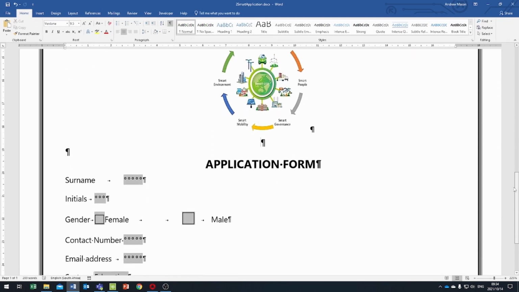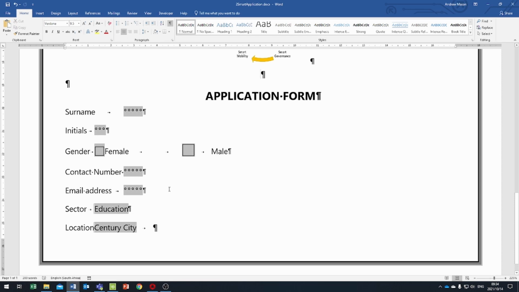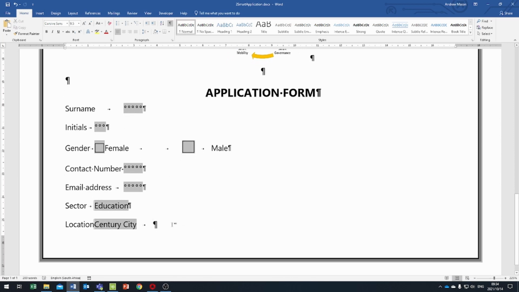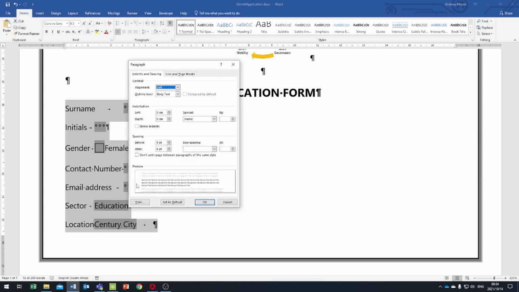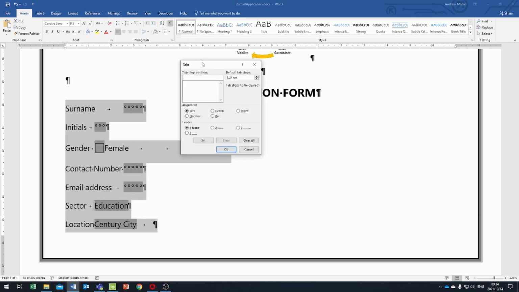A couple of things we need to edit in the application form itself. The first thing is we're going to be changing the tab stops. You can see all of these form fields are higgledy-piggledy all the way across the document. So I start off by selecting all of the areas where I want my tab stops to apply. Click on the paragraphing option on my ribbon and change the dialog box that opens up by hitting that control button in the bottom left corner, which changes it to the